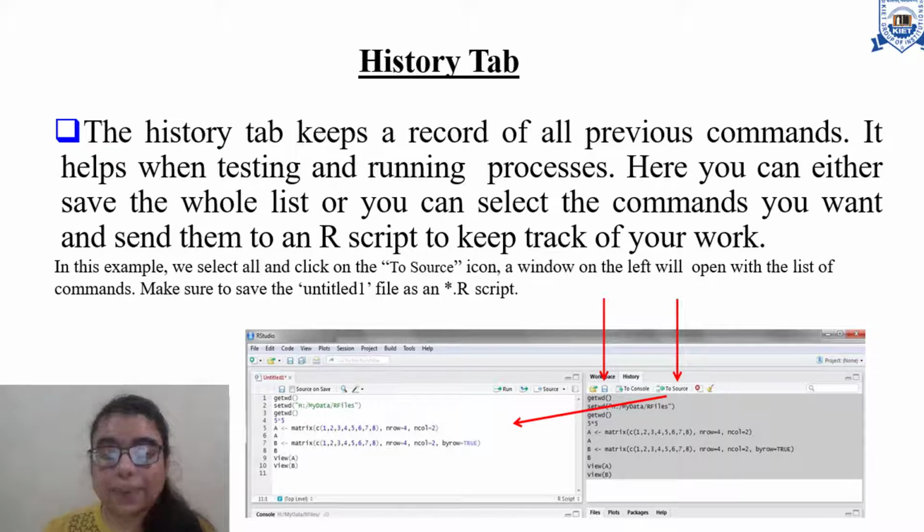So in this example, we have to select all and click on the source icon as shown in this screenshot of RStudio. Now you will see on the left side, it will open with the list of commands. You need to make sure that you save the untitled file as a .R script file.